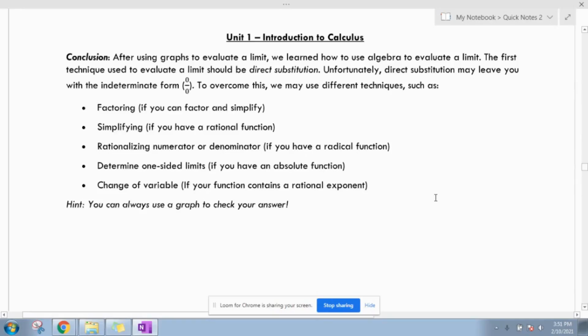Now that we've gone through all these different examples in terms of how to evaluate a limit either by straight direct substitution, or if we run into the issue where we get an indeterminate form, then we can use techniques such as factoring, simplifying, rationalizing the numerator or the denominator, using one-sided limits in cases where we're dealing with potentially piecewise functions, or a change of variable if we're ever dealing with rational exponents. So remember to practice evaluating limits algebraically. It's probably the bulk of this particular unit, so make sure you practice